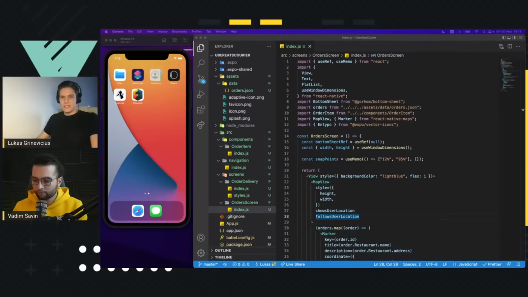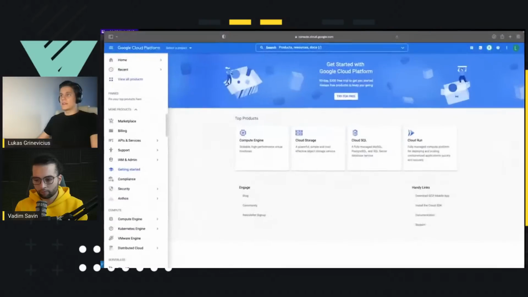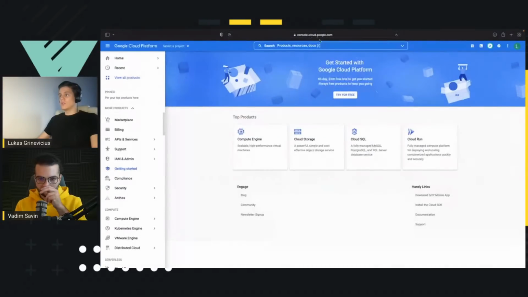Okay, so after you create your developer account, you can go to console.cloud.google.com, select your account, the one that has the developer account, and simply go to